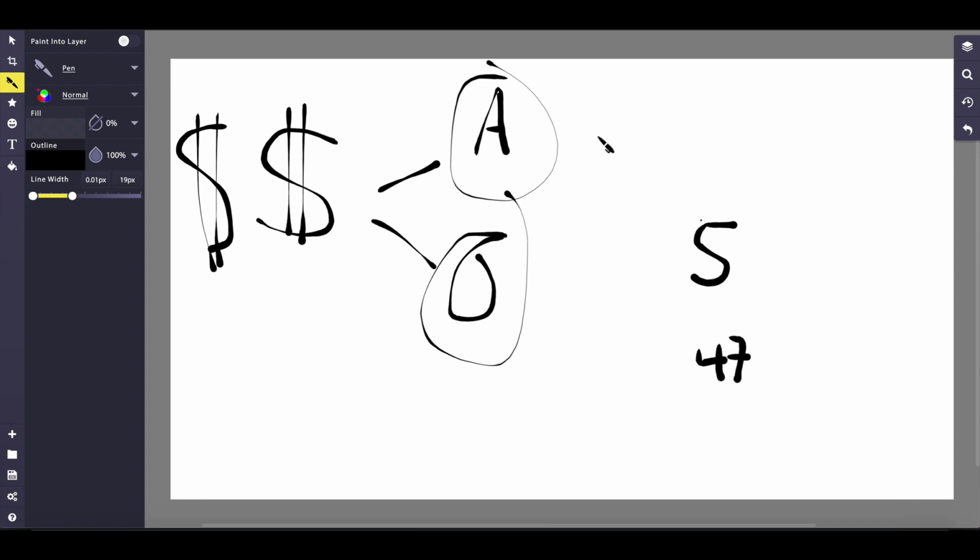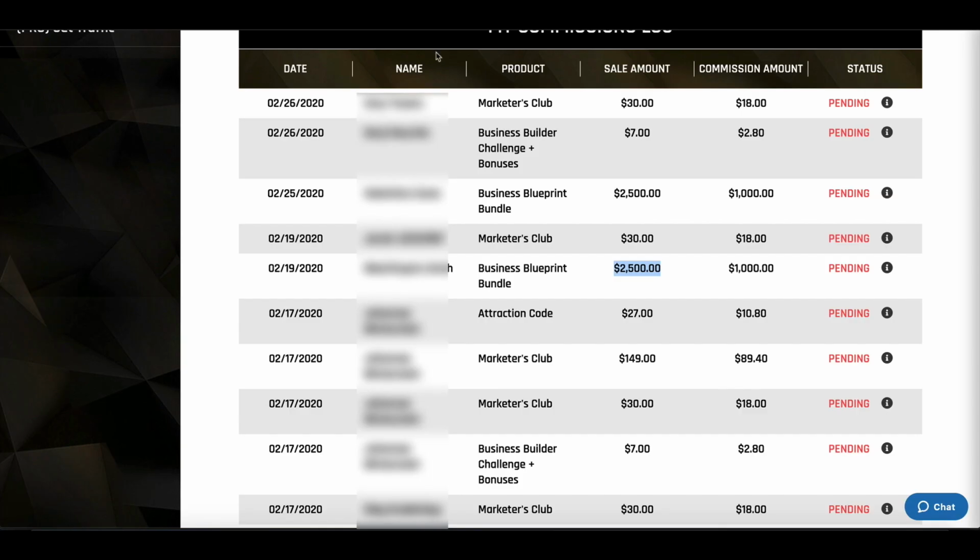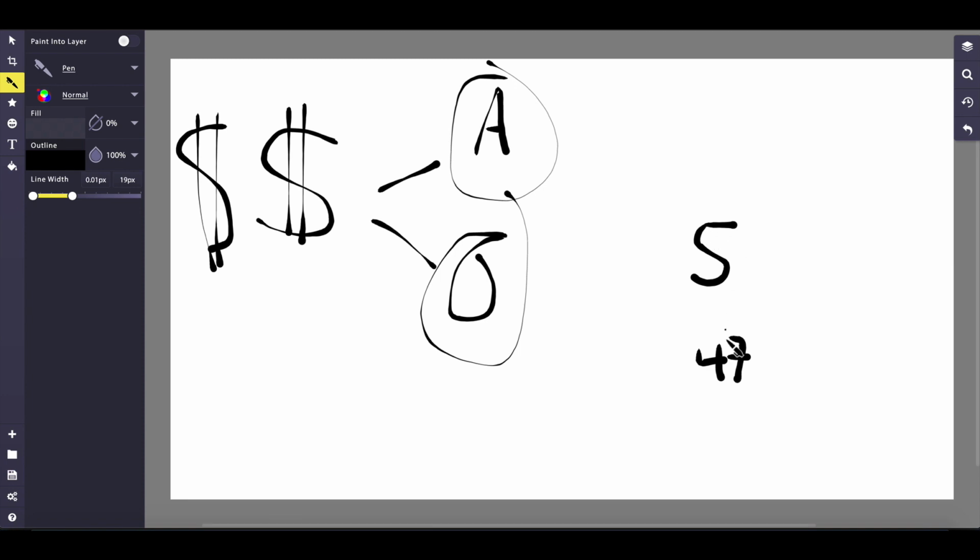Okay, as you guys probably noticed, the big numbers came from these big numbers, right? Yeah, $2,500 sale. That's where the majority of these numbers came from. Okay, so I'm not selling something for $5 or $47 or even $97. There's a time and a place for that, but if you really want to make these big bucks and help a lot of people and just experience these type of results, you have to be selling something for a high dollar amount. Okay, and that's what we call high ticket, meaning anywhere from, I would say